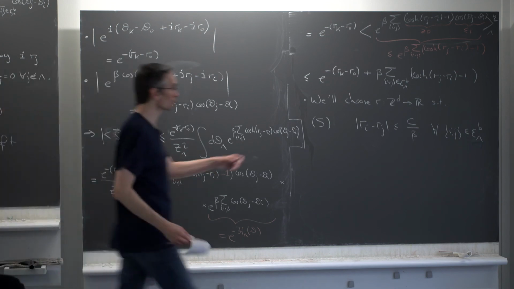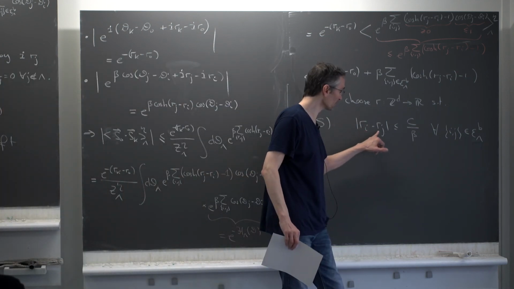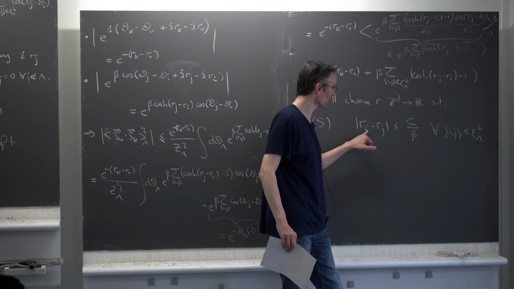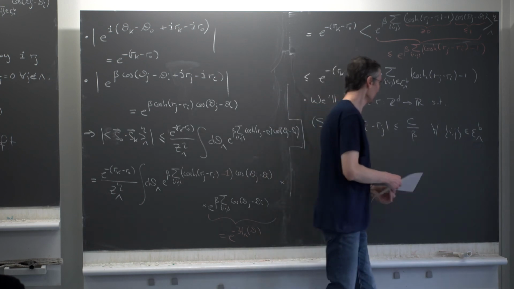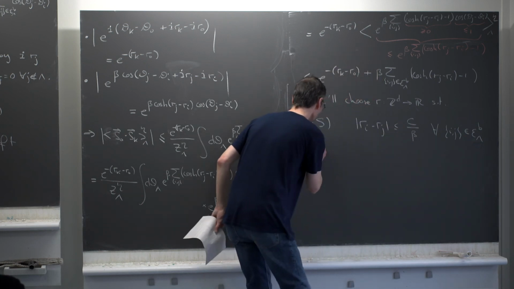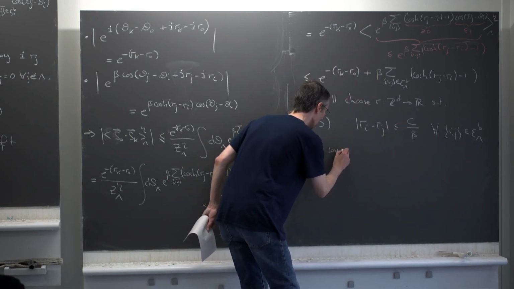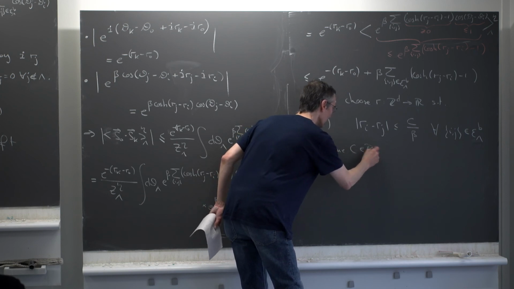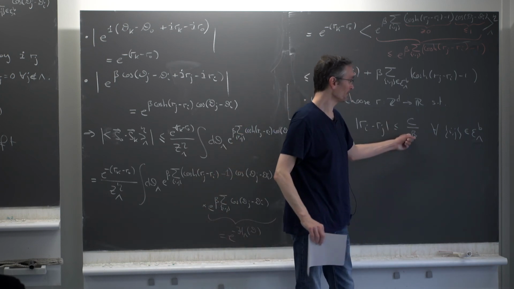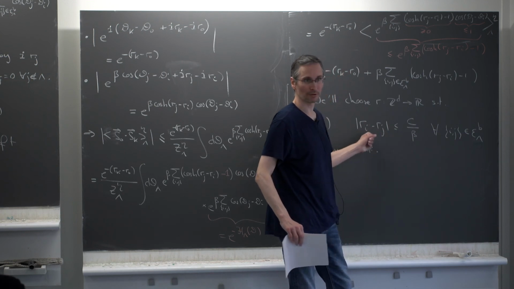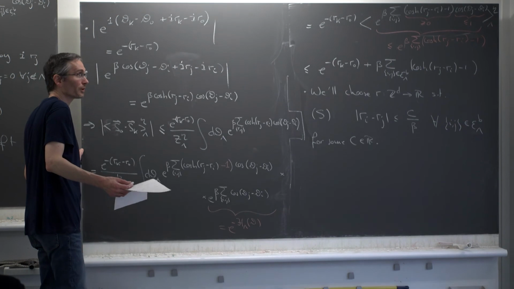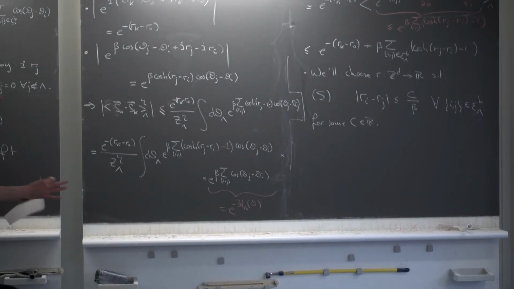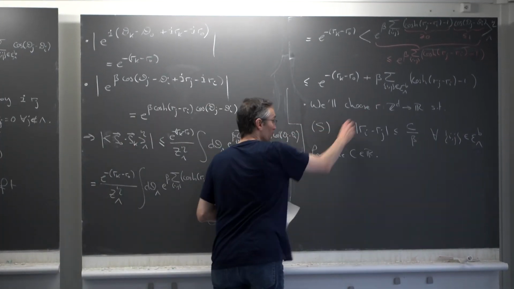So we are going to choose the function R such that it doesn't change very much when you go from one point to its neighbors. Not very much in the sense that there is a universal constant C, fixed, divided by beta. So if I take beta large, this is very small for all neighbors ij. This is the choice we are going to make. It will satisfy this. So assume that I have such an R.